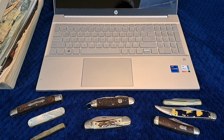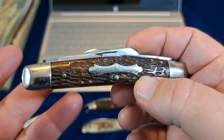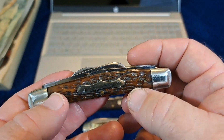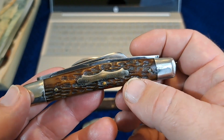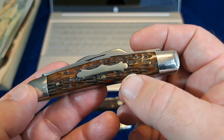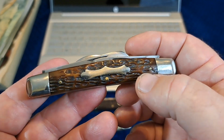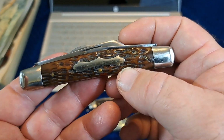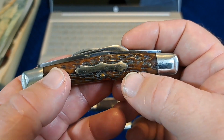So another one is compromise. Say you're looking at this Case knife, you want to add it to your collection. It's in bone, but it's $250. If you want to compromise, oftentimes you can find them in a different material, like slick black, rough black, or a synthetic material, or wood, and they're less than half the price. So you could pick a knife that would be going for $250 in bone, you can pick up for $85,